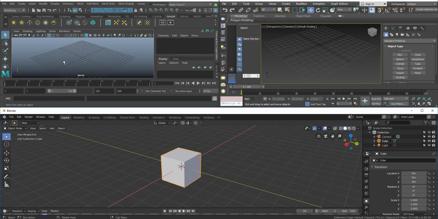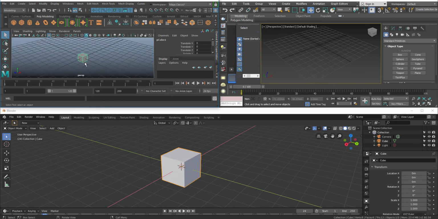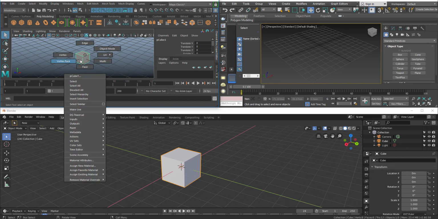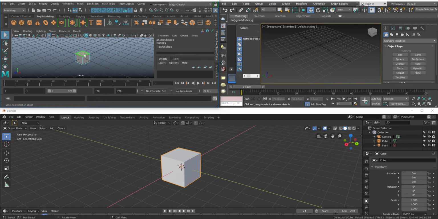Then they said, you know, I can create objects, I can edit them in such an easy way. I said, I can select any poly modeling, like creating any object, and go to the edit mode, right click on them and go to face. I can select the face and all.